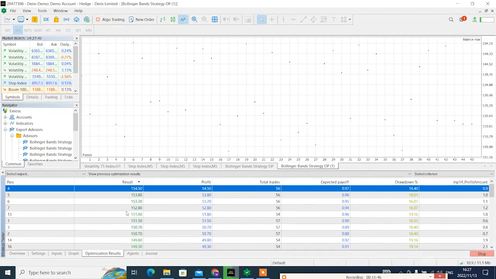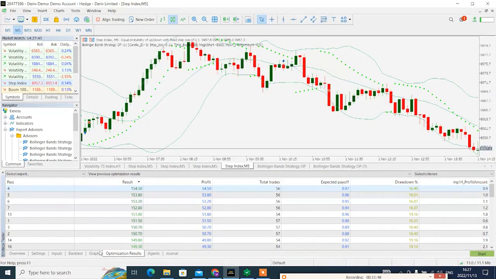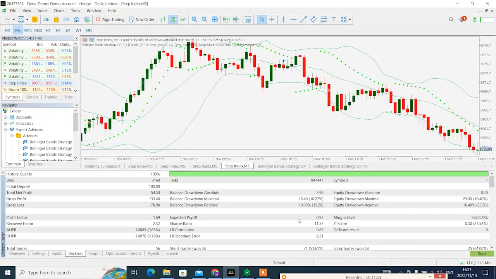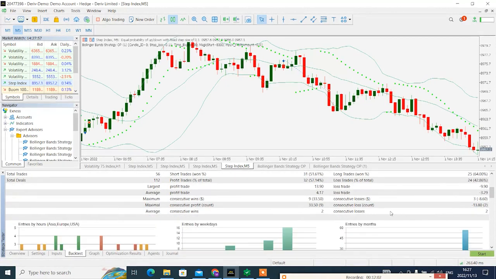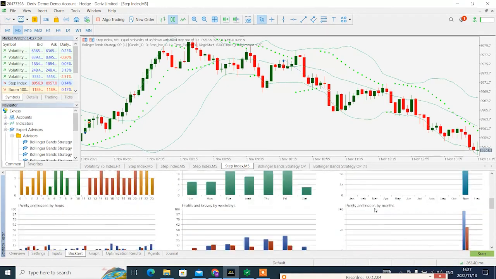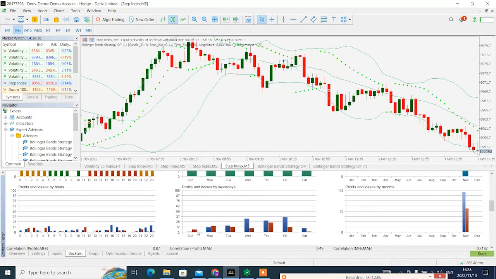Okay, I just double click there on the results so that we get to see the backtest results. Okay, if you check on the backtest results, we have more profit now, and also now the losses are way smaller, which means we have more wins. So let's come here and check those 2 days, they couldn't be saved, but now we have more profit in other days. So guys, this strategy, I'm gonna link the